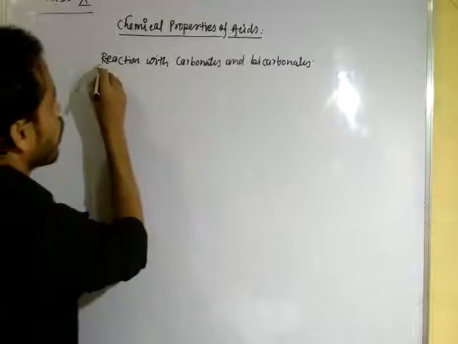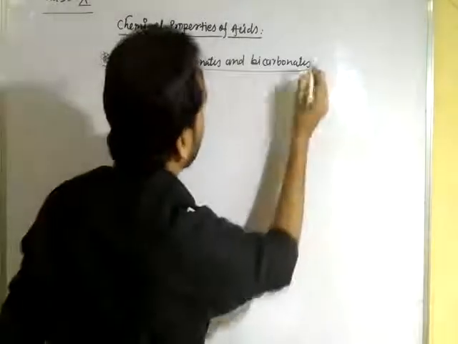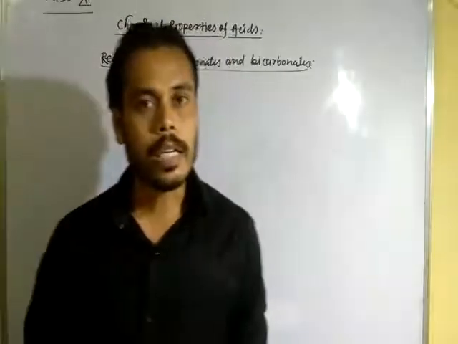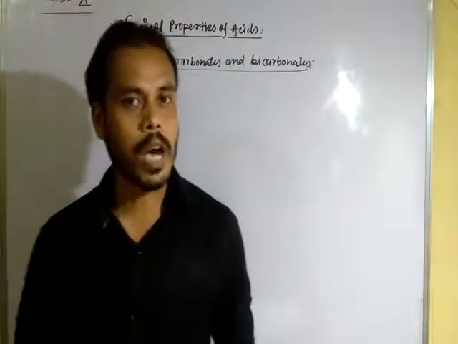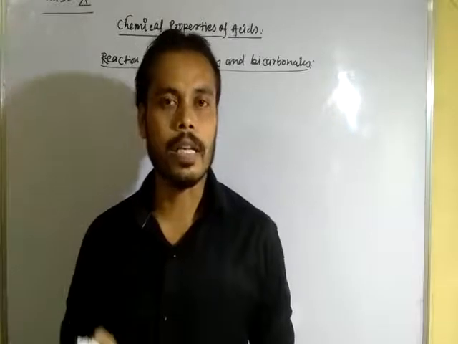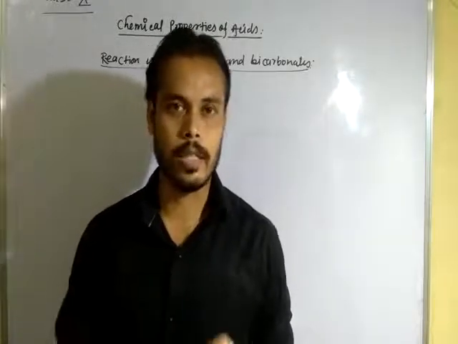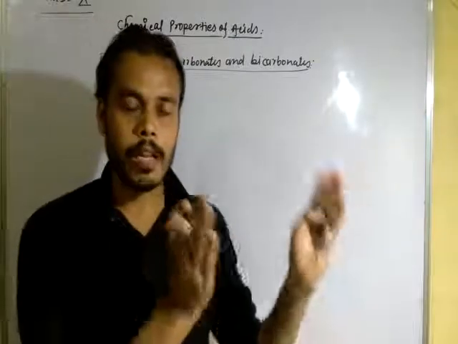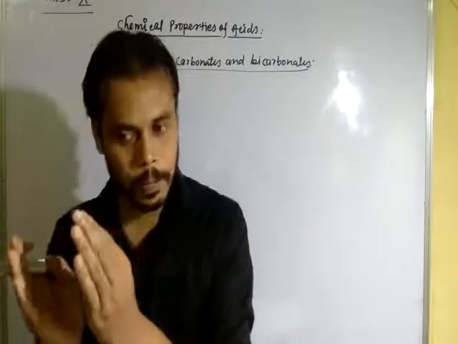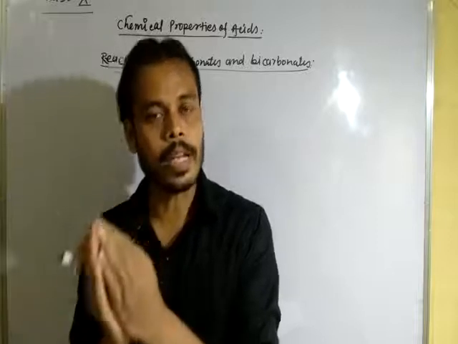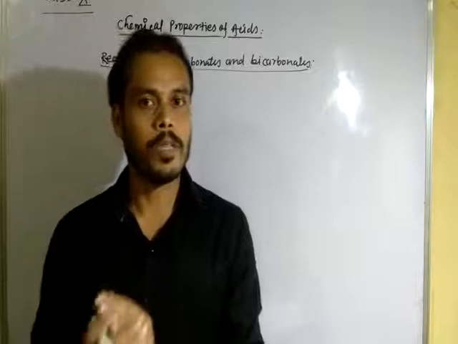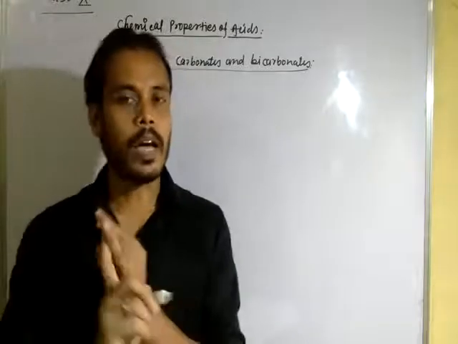When metallic carbonates are treated with acid, they form salt and water and liberate carbon dioxide. In the case of carbonates and bicarbonates, when acid is treated with any metallic carbonate or bicarbonate, it always forms salt, carbon dioxide